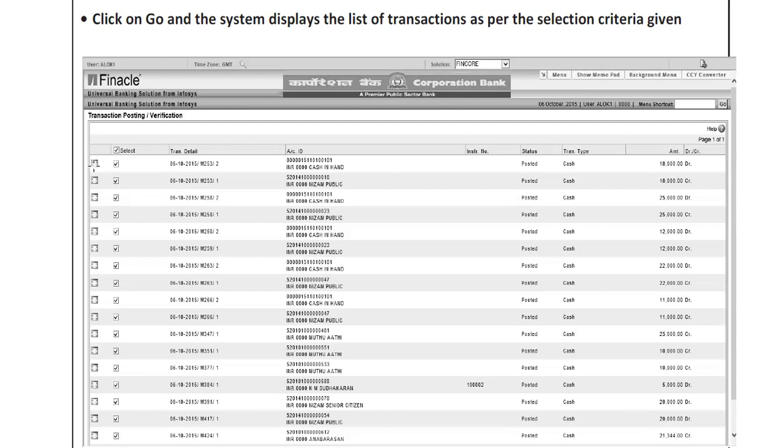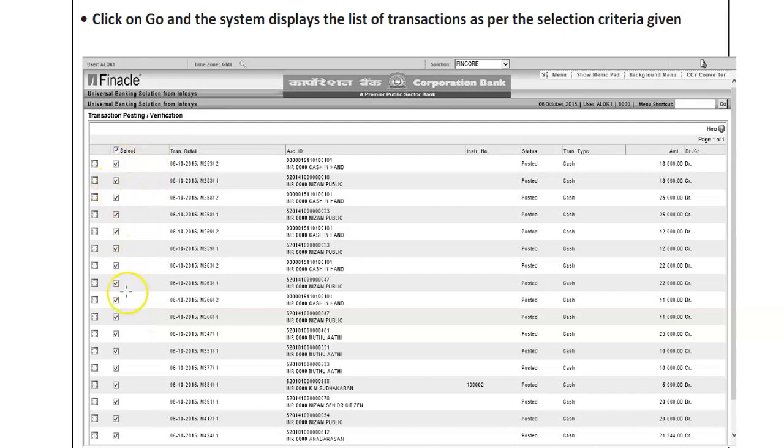The screen will appear as if you are in the verifying mode. So the verifying officer can choose all the entries. That depends on his acumen and accuracy and the trust that he has in the maker that they have entered the right amount, or he can view details and check these boxes accordingly.